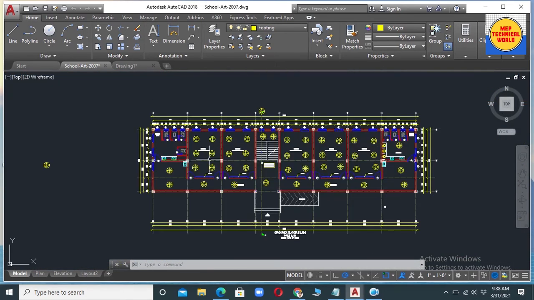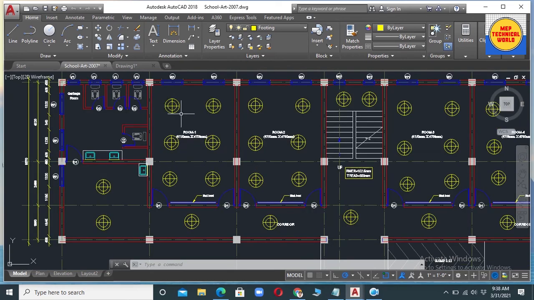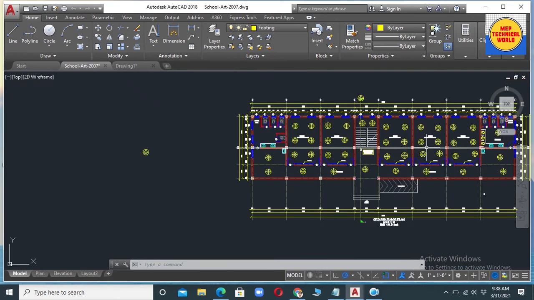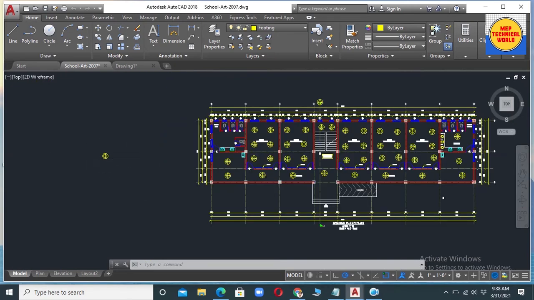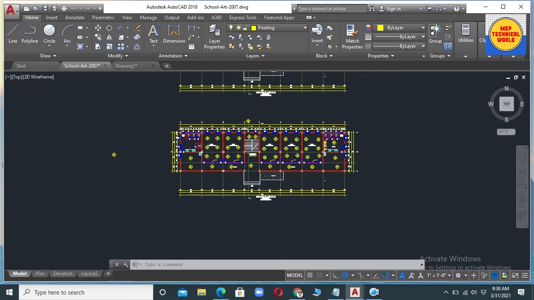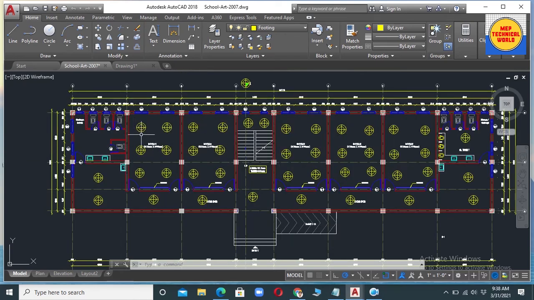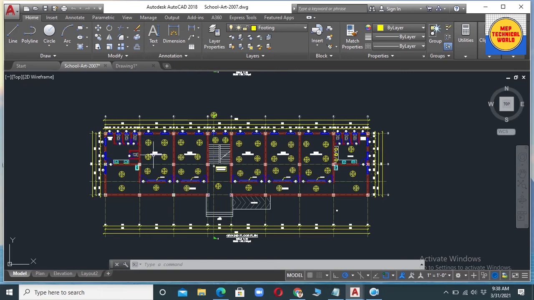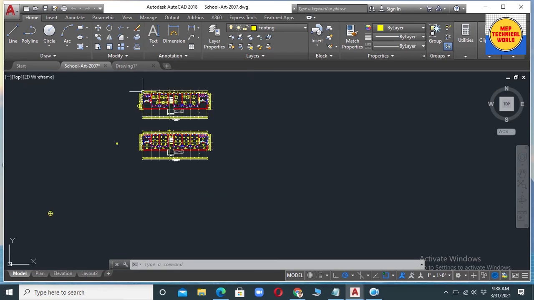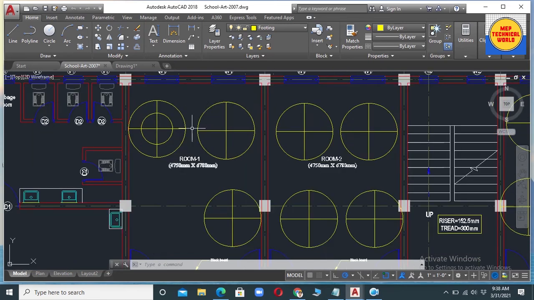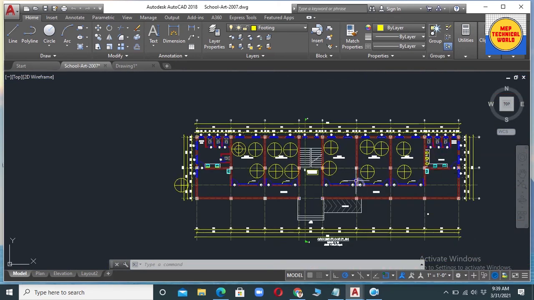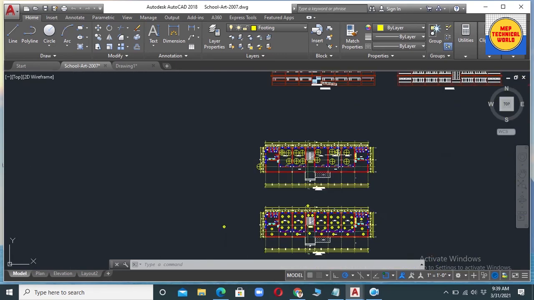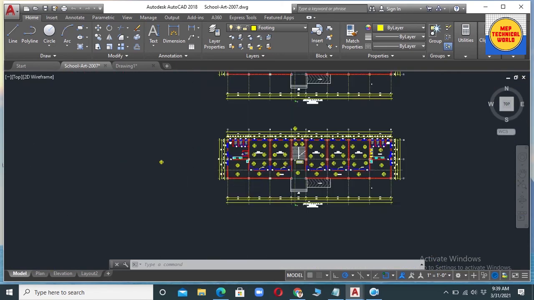So in this condition, we do not have to modify each object separately, because we have already made this light into one block, and by using the block edit command we can modify all the lights. But in the other situation, we have to modify each light separately one by one. So this will be time consuming, and we might even make a mistake while doing the drawing. So this is the actual advantage of the block command.